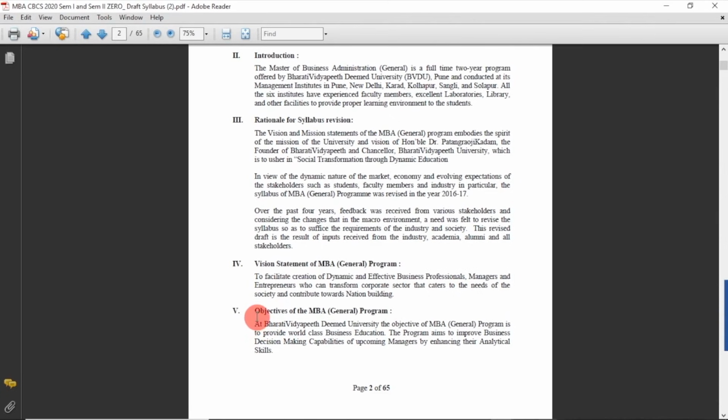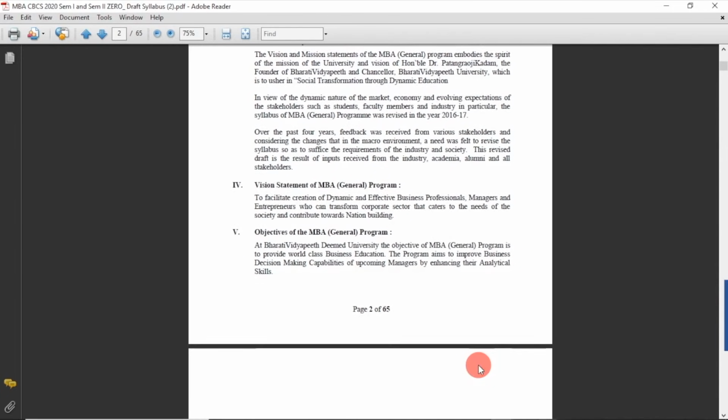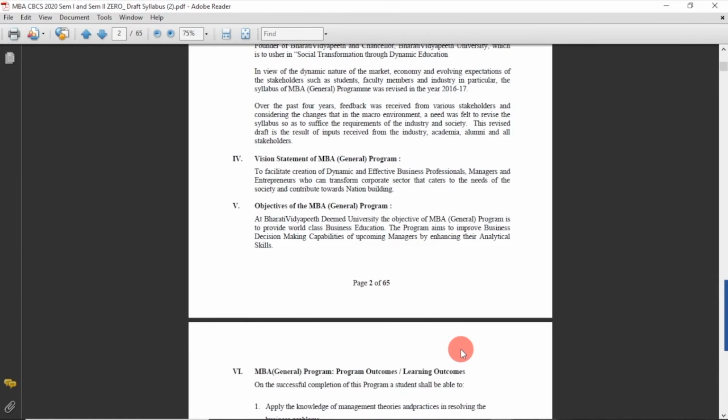Now, what are the objectives? These are the program objectives, which tell us why the student should go through the MBA program. The program aims to improve business decision making capabilities of upcoming managers by enhancing their analytical skills, right? This was the social need in the 1950s when the Planning Commission decided to establish IIMs.